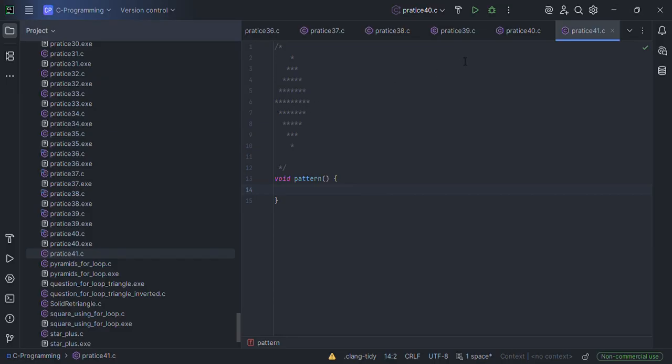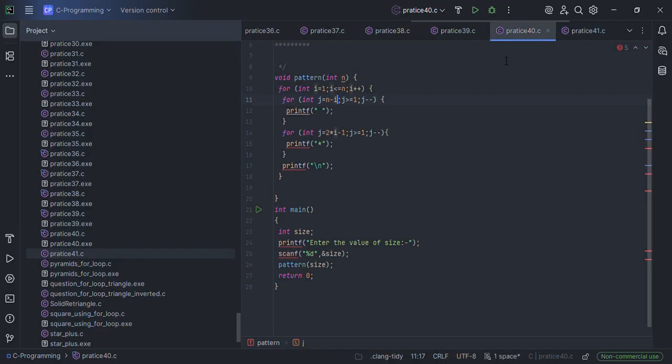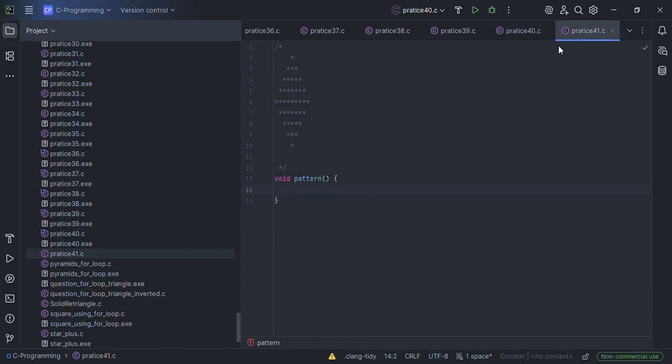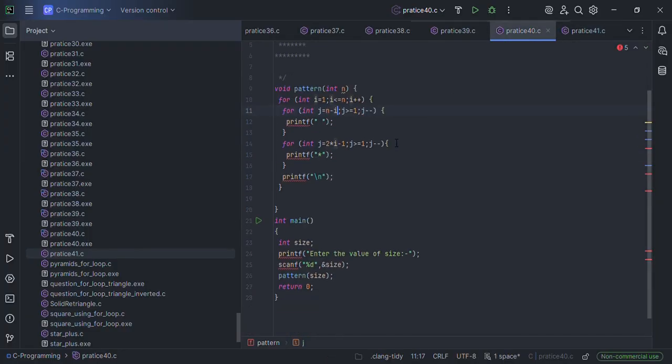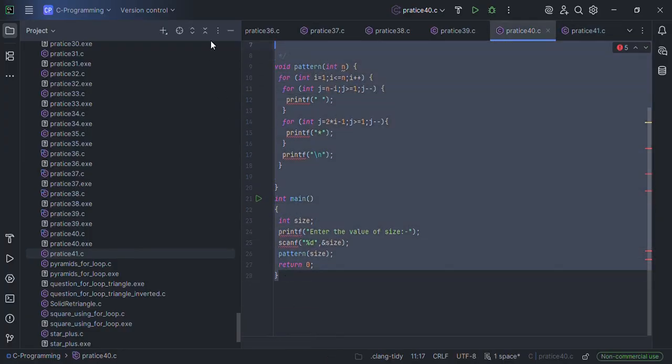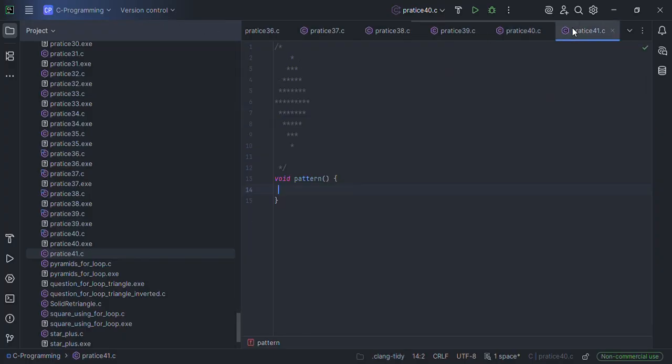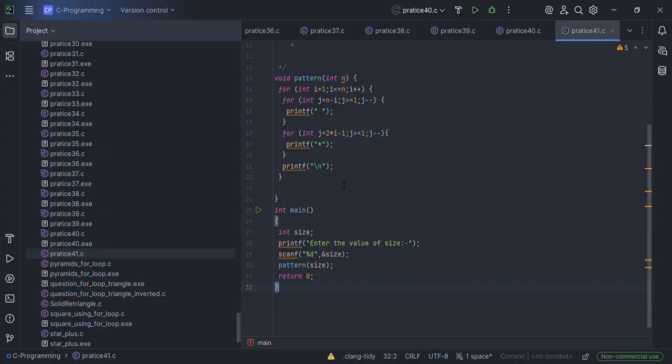Okay, so what I can see here with this and this is the same pattern, there's a slight change. I copy this. Okay, so now what I can do,